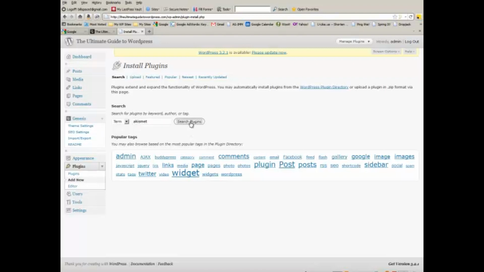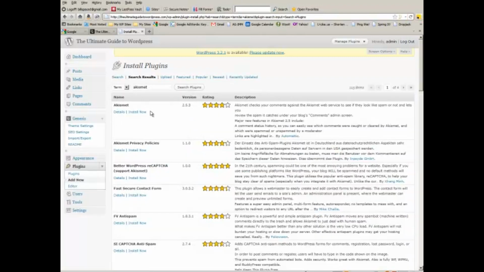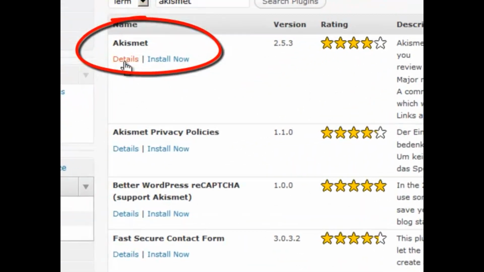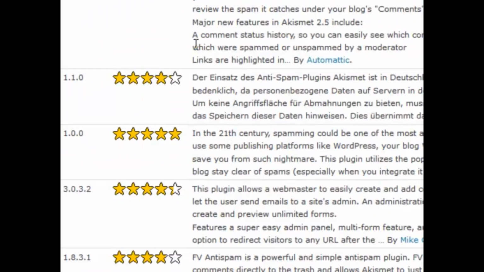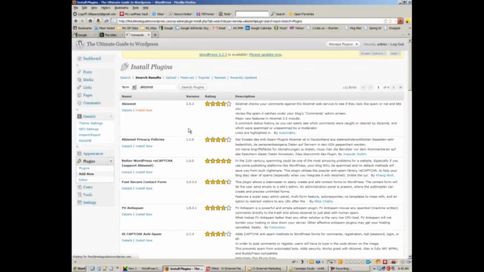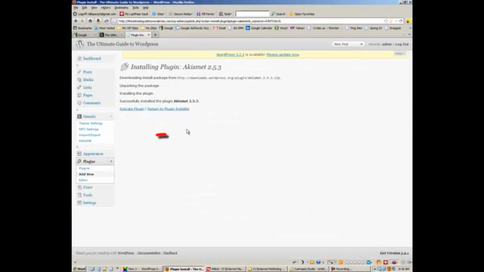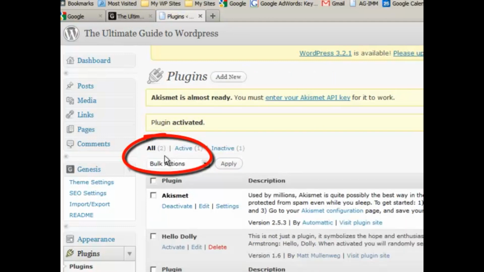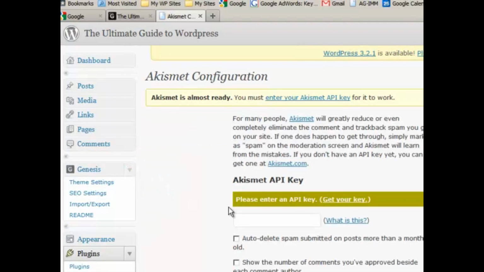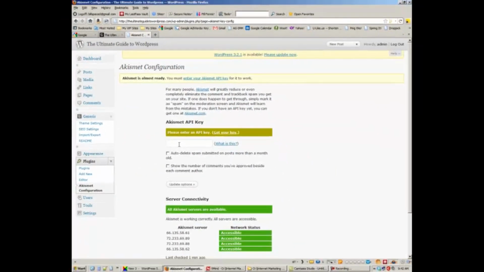so then you search plugins, and you find it here. You have 2 options. One is details, which will tell you more about it, or you can just install now. Install now and click on OK. Then you activate the plugin, and then you go to Settings,